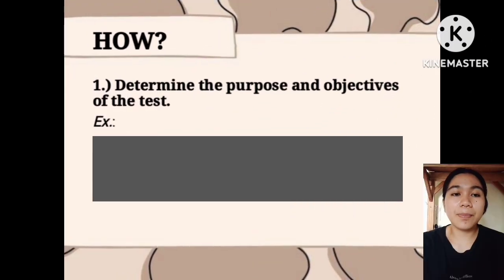The first step in developing a standardized test is, number one, to determine the purpose and objectives of the test. Most standardized tests are expected to provide high practicality in administration and scoring without unduly compromising validity. The initial outlay of time and money for such a test is significant, but the test would be used repeatedly. It is therefore important for its purpose and objectives to be stated specifically.